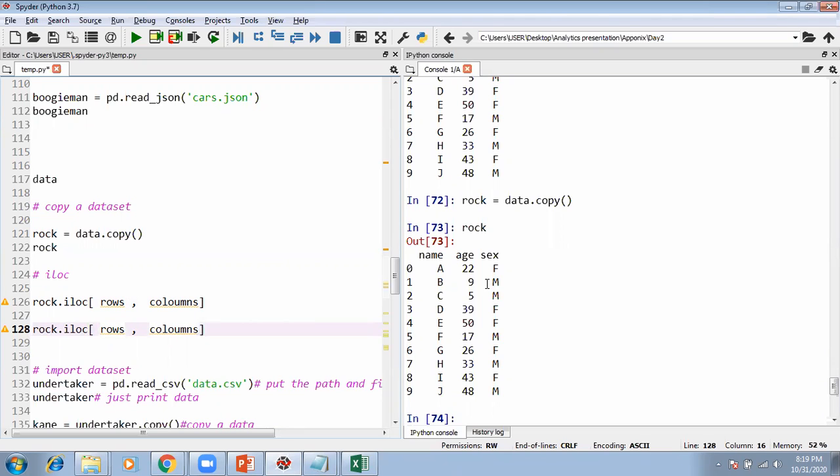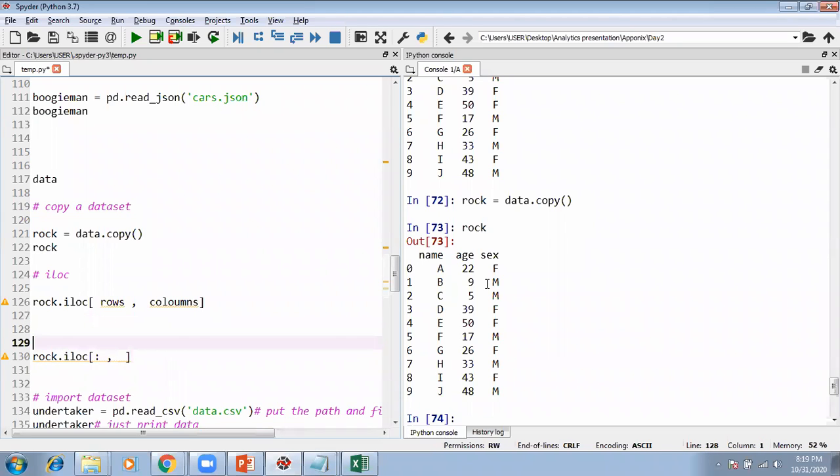And if I want all the rows, I have to put a colon. Colon means all the rows. If you wish you can put some spaces over here, otherwise no problem. No space will also give you the same result. Spaces don't matter.